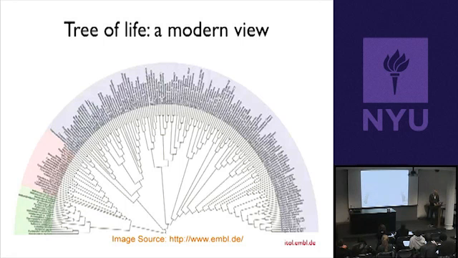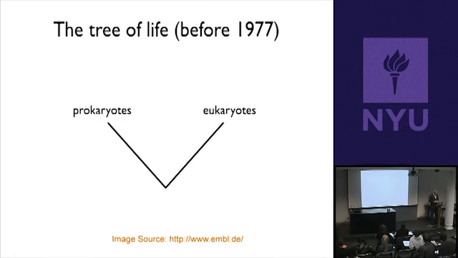Okay, so what's interesting about what DNA has done to the study of the history of life is that in very recent time, so in my lifetime, not in your lifetime, a completely new branch of this tree of life was discovered. So as I've told you before, one major division of all living things right now is between what are called prokaryotes and eukaryotes. So eukaryotes are things like us, things that have cells with a real nucleus in them, with chromosomes in the nucleus, with membranes that the ribosomes are sitting on, and a few organelles inside the cell that we'll talk about in a little bit. So these are things like us, plants, animals, fungi.